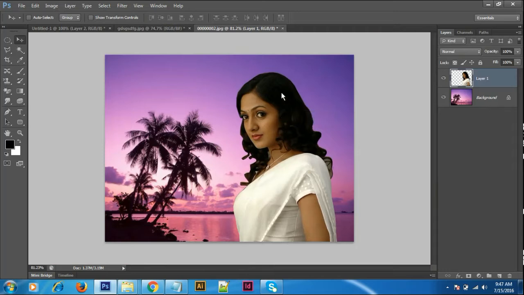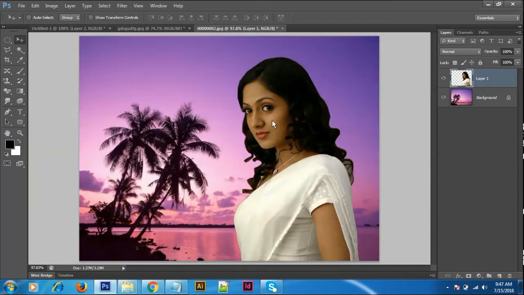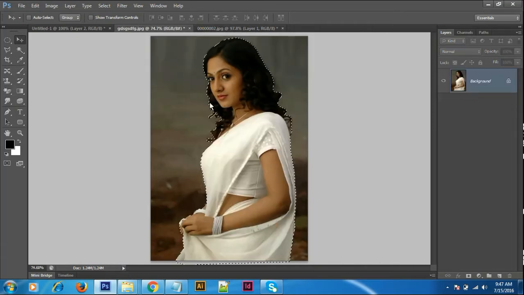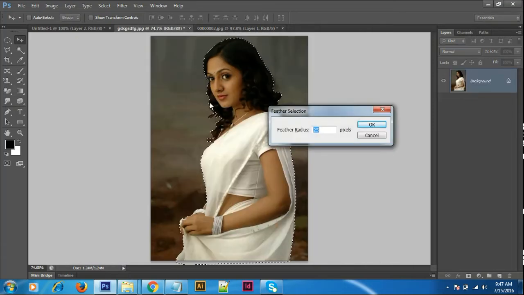And how are the edges? It's looking very sharp. Then you have to use feather. How much feather should I give? Very less. Why? Otherwise the face will be completely blurred, and the background of the image will also be filled into the image. I'm giving the feather from here. This is the edge. When you give the full feather, the edge is mixed into the background, and the purple color background will come directly.